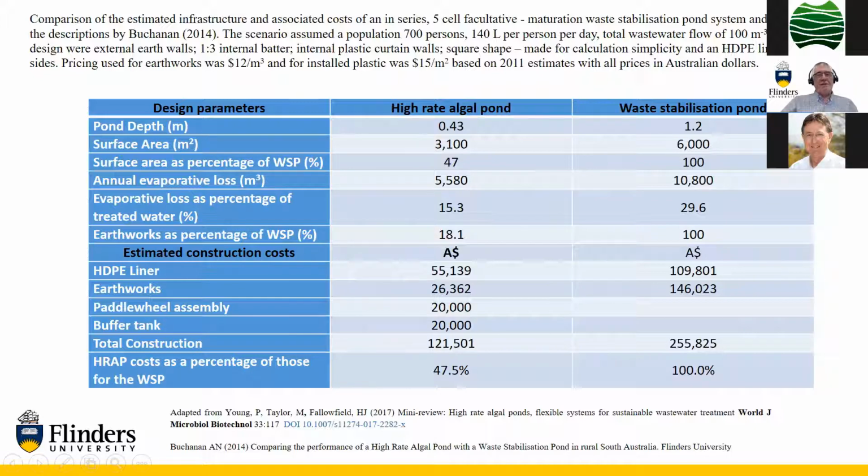This is work that was modelled by Neil Buchanan, another PhD student of mine, and you can work through this at your leisure. But what we've done is costed out the earthworks, paddle wheel, etc., and comparing the high rate pond to the waste stabilization pond for the same scenario, it's actually 47% of the cost of the waste stabilization pond, largely because you're reducing the area requirement